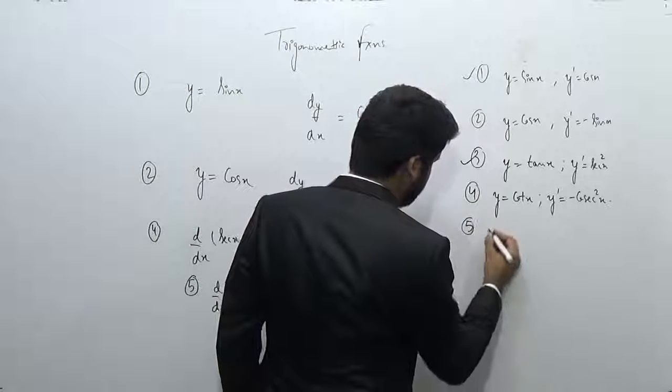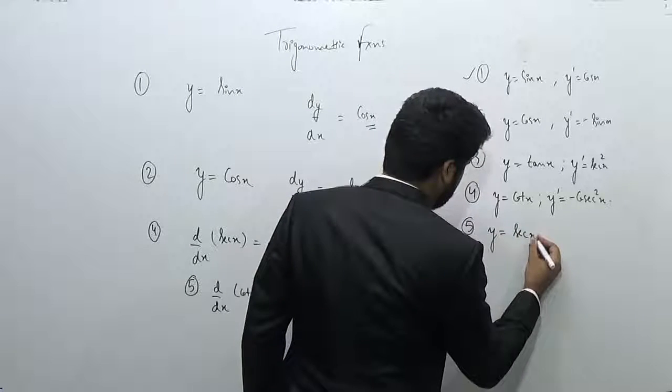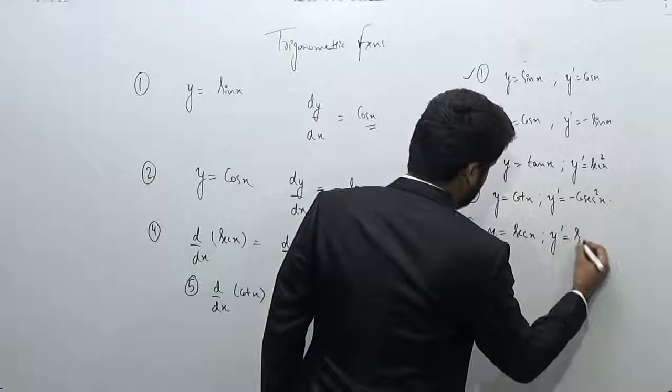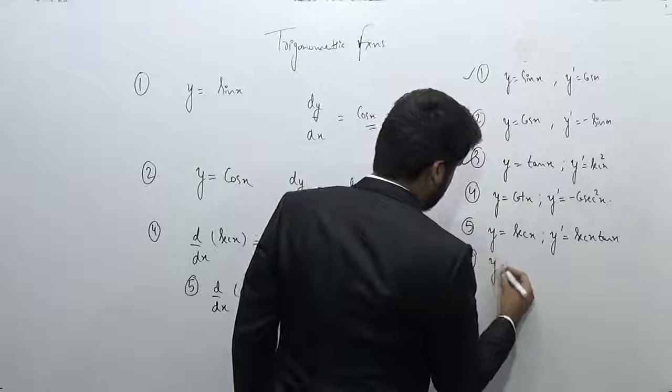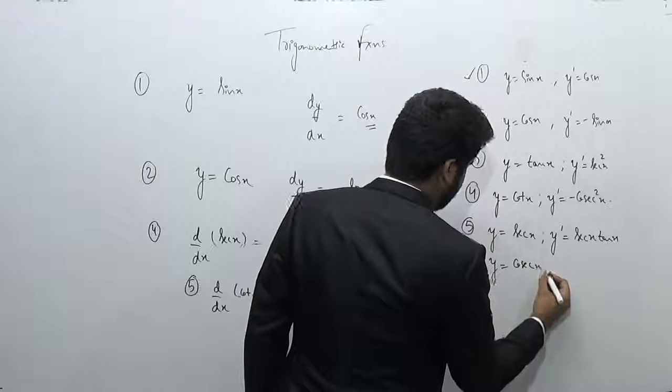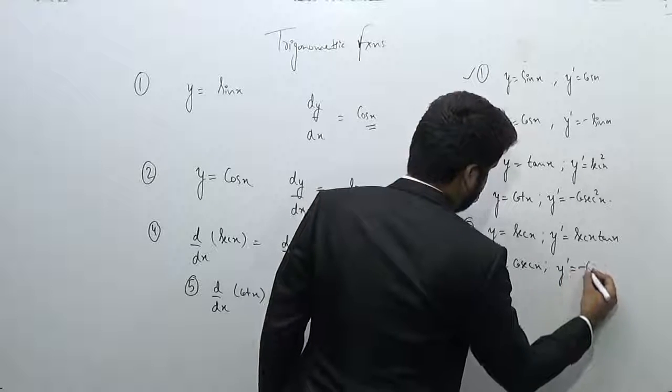So the next is differentiation of sec x. So the y dash is sec x tan x, and the last is differentiation of cosec x, which is minus cosec x